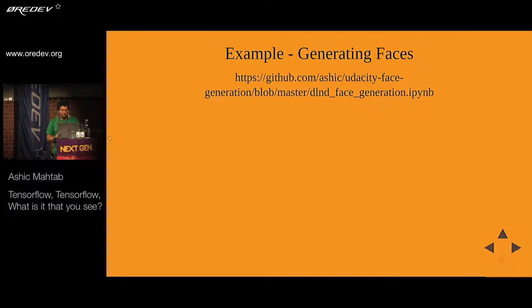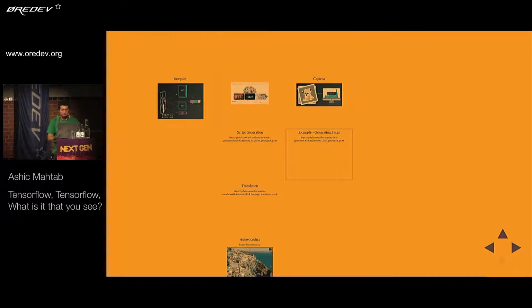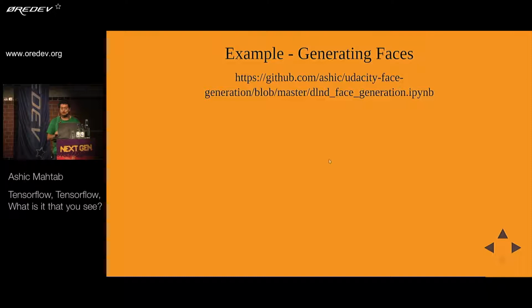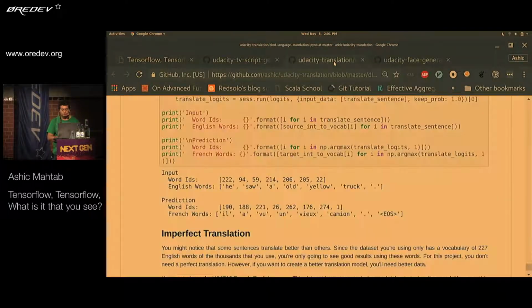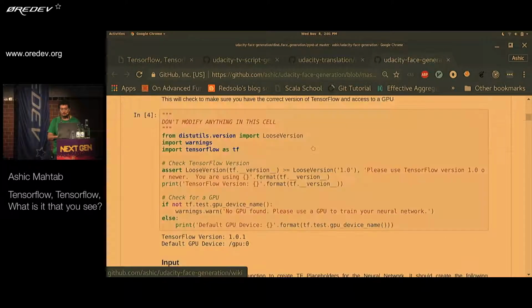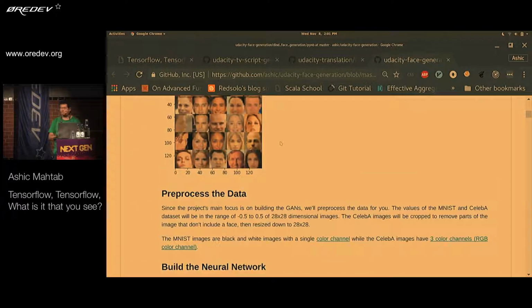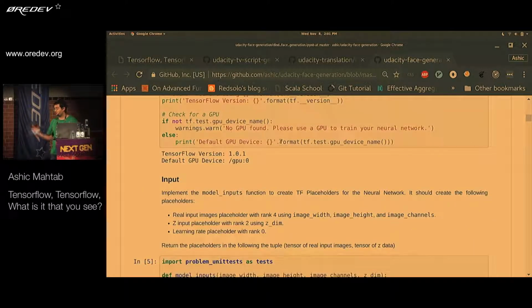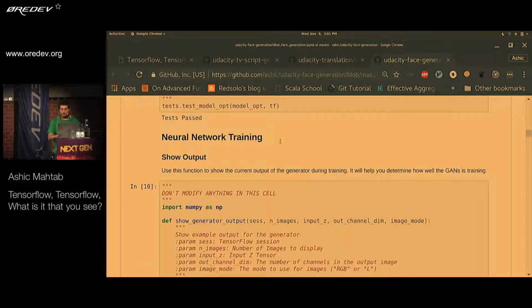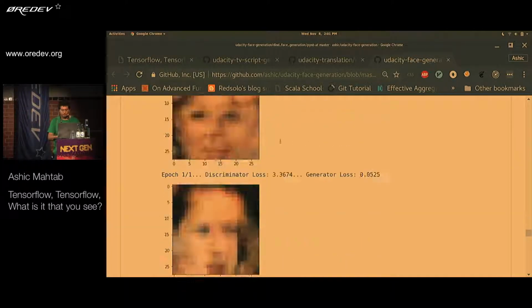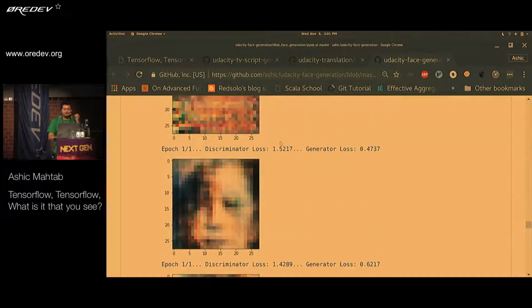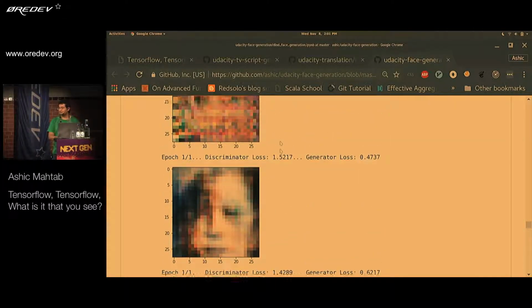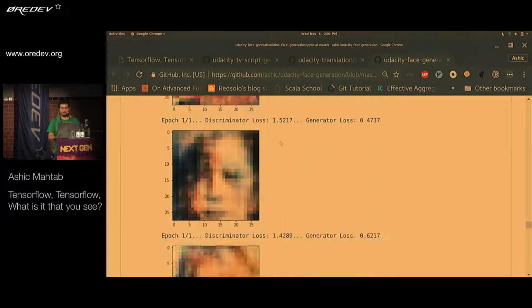A lot of the content that I'm presenting is based on Udacity courses, or rather one Udacity course on deep learning. The content is freely available. For the face generation, we gave it a bunch of faces, a few thousand faces. We didn't tell it that these were faces or humans or anything else. We trained the model, and the final output was basically faces it generated. These are faces that a 10-line algorithm running on a GPU, based on input data, basically generated, right?